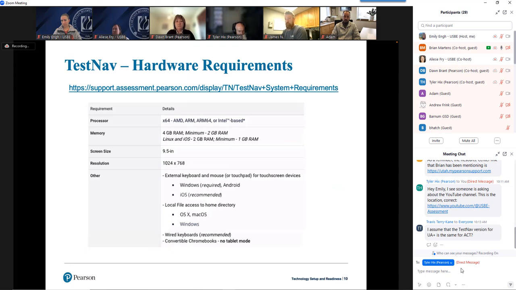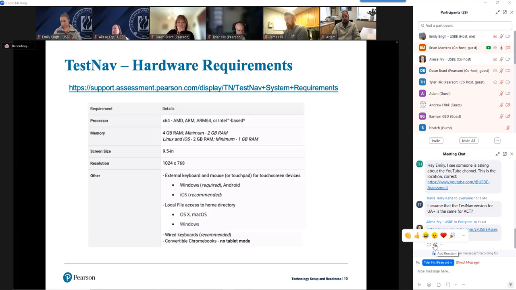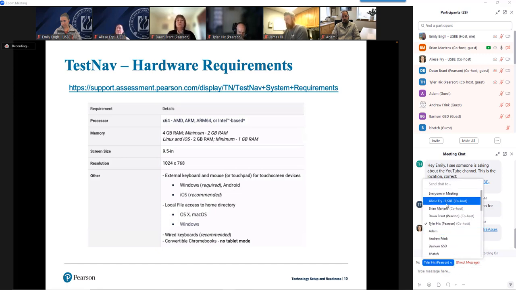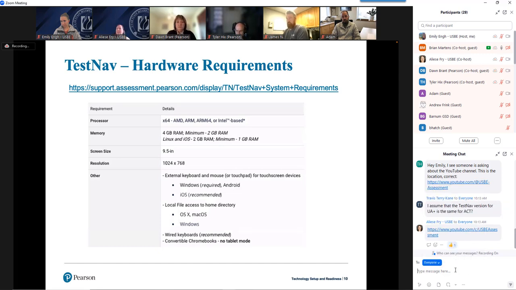The hardware requirements are listed here. You don't need to write these down. Again, these are on the online support pages. These, I don't believe, have changed in several years. So hardware-wise, I don't think that you're going to run into any wall. I think probably the most recent change is we started adding Apple Silicon for Macs on here. But other than that, I don't think that we've changed anything in years. So we haven't deleted anything. We've just kind of added support for something.